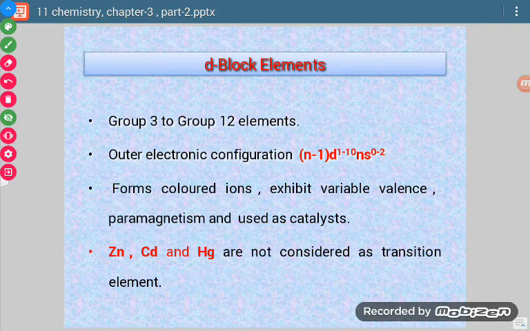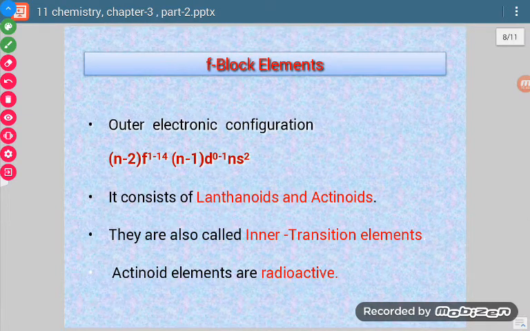So till now we have done s, p and d block elements. S and P block elements are collectively known as representative elements, and d block elements are known as transition elements. Now let us come to the last block, that is f block elements. Since they have been taken from the 6th and 7th period, we cannot say any group for them, so we can only say that they belong to the 6th and 7th period.